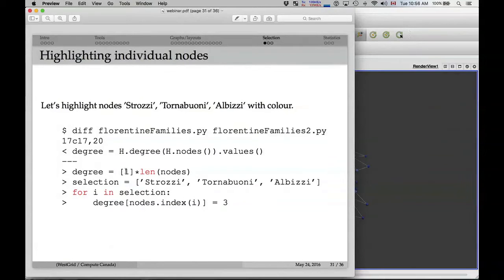All right, and then how you can highlight individual nodes. So I mentioned at the very beginning that because ParaView and VTK are not dedicated tools for graph visualization, unfortunately, inside them you can't really click on a node and then it will show its connections. Something similar you have, but you can still do that by hand. So you can run a script that will highlight the nodes, will highlight the connections, the script, which is called Florentine families 2.py, and